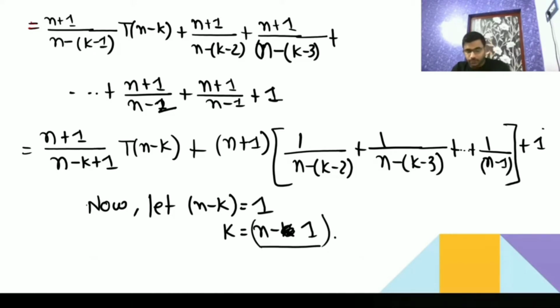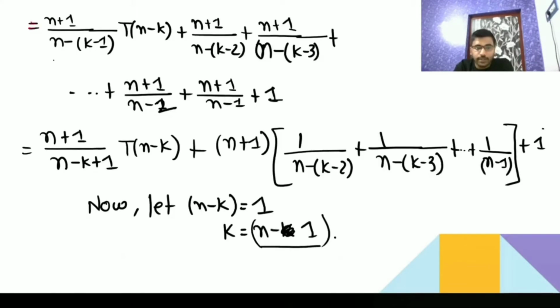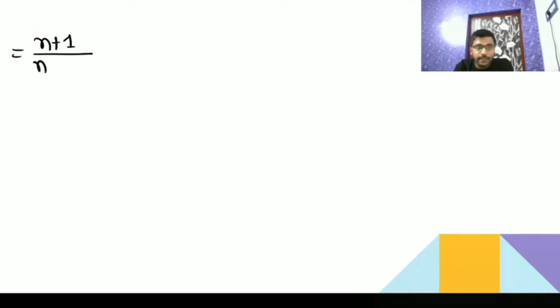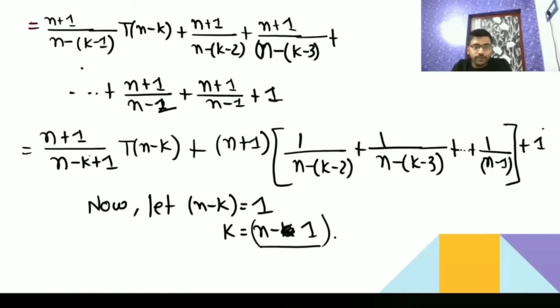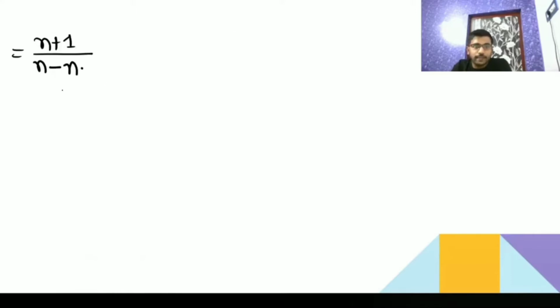Okay, so I'm going to the next slide and writing. So it is n plus 1. This is really a good question, one of the difficult questions. So in place of k, what did we get? n minus (n minus 1). So in place of k, you should write n minus 1. Then it has plus 1.